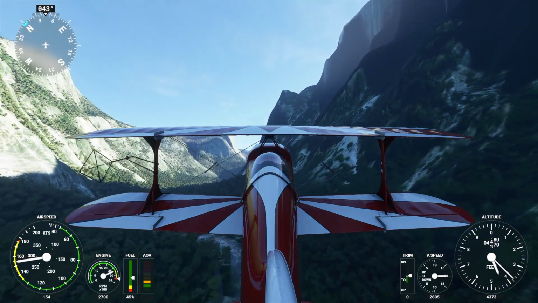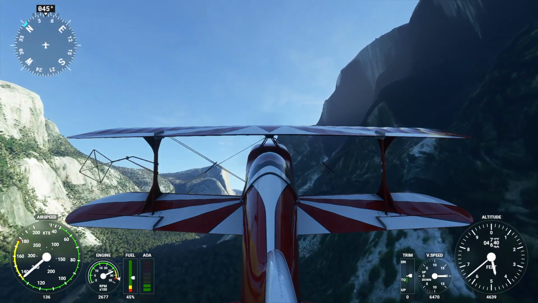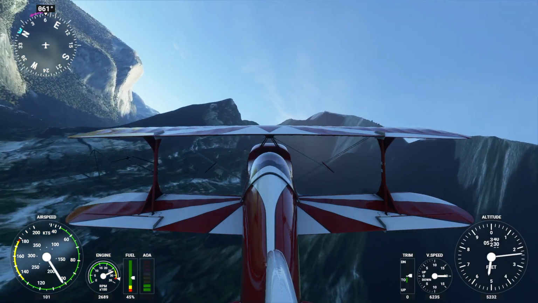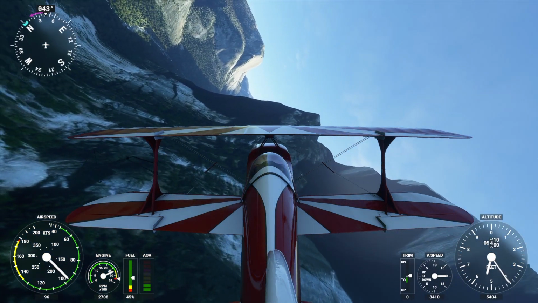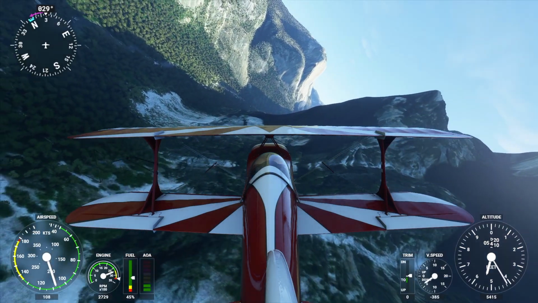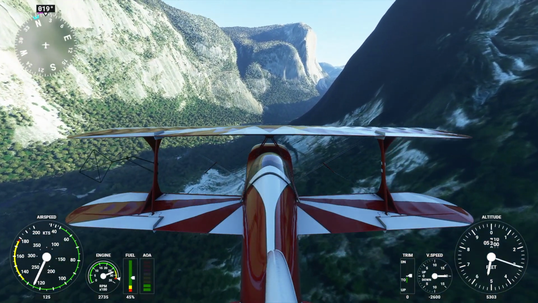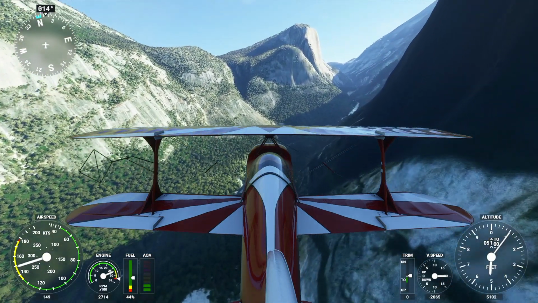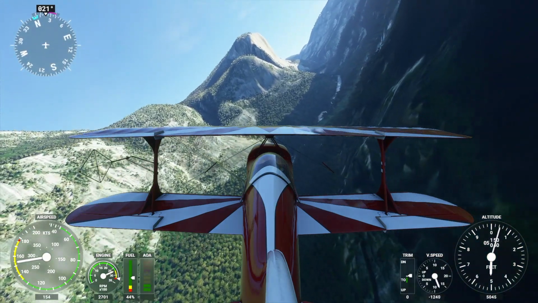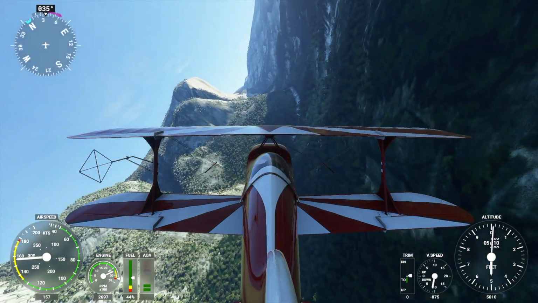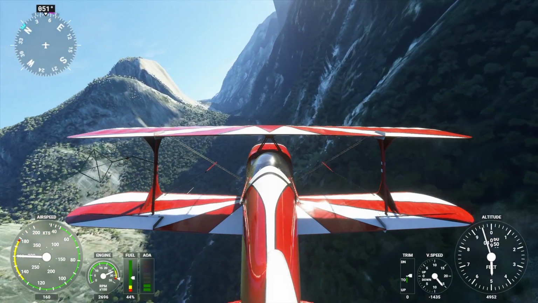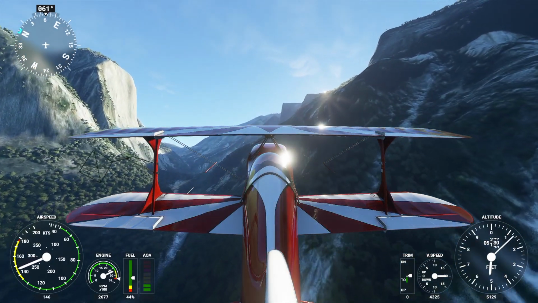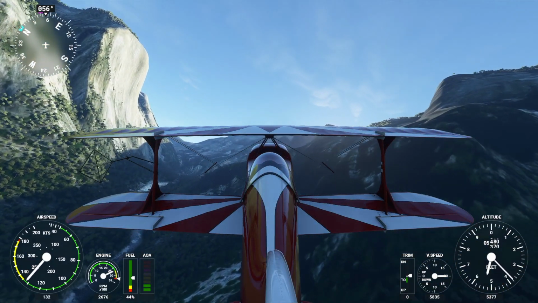Let's see how we look over here. So this is a serious wall off to our right. Just flow up this way a little bit and then back around to the right. You can see the pit still hunts a little bit. See it kind of wobble back and forth again. I'm not quite sure if that's the sim or my old joystick, but